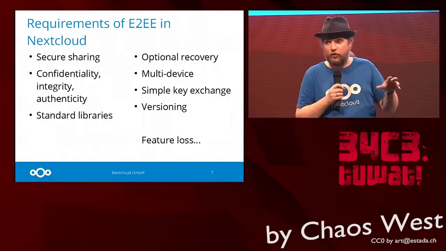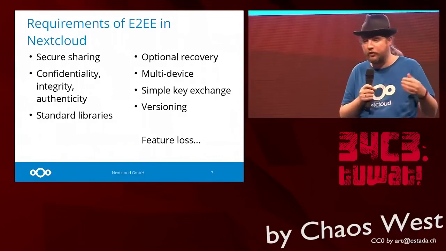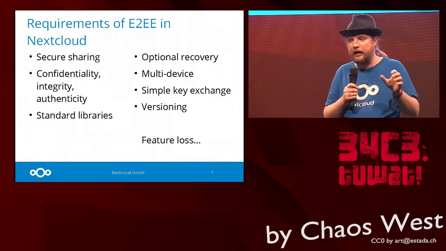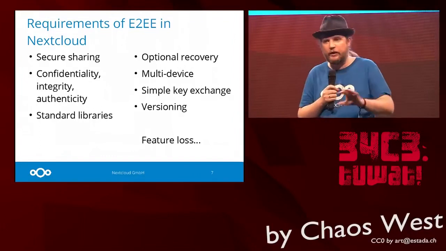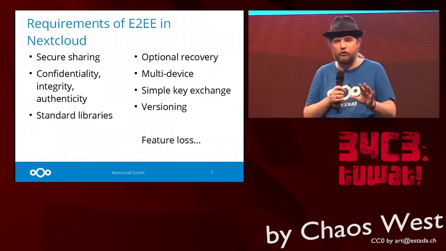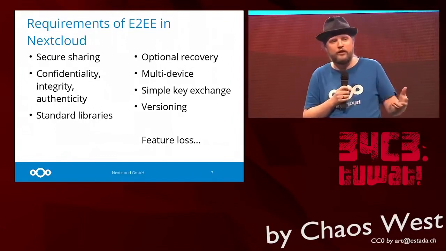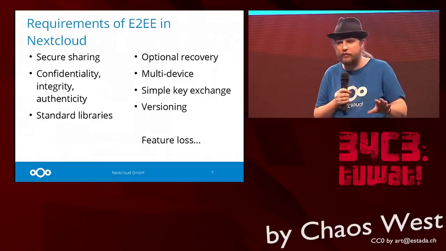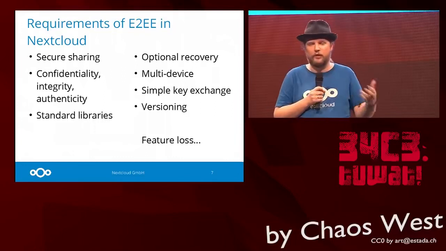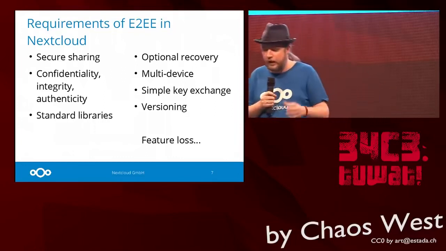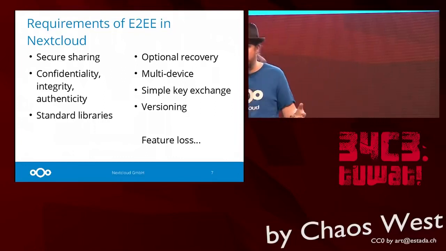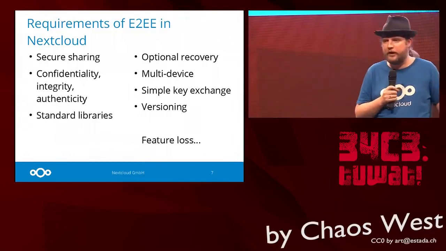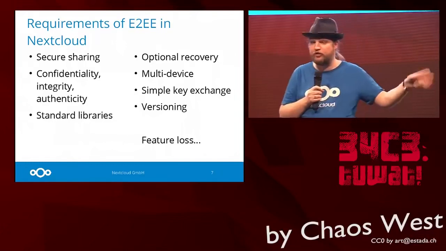So the server who has access to all the files, even though they're encrypted, should not be able to fiddle with the encrypted files and change them that way. That should just be blocked or not work. Of course, a server could delete some of the files, and in that case the user should be warned. But a server should never be able to modify any of the data that you get. And last but not least, confidentiality. I mean, the obvious thing, the server should never be able to read the data or anyone else in between the recipient and the sender.